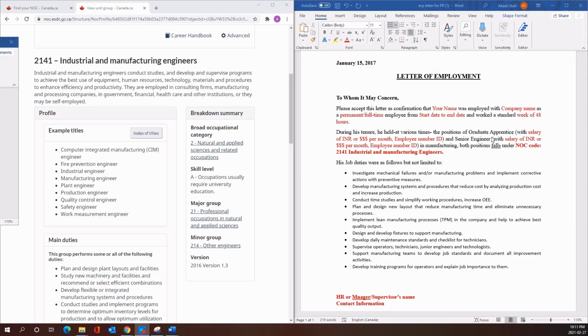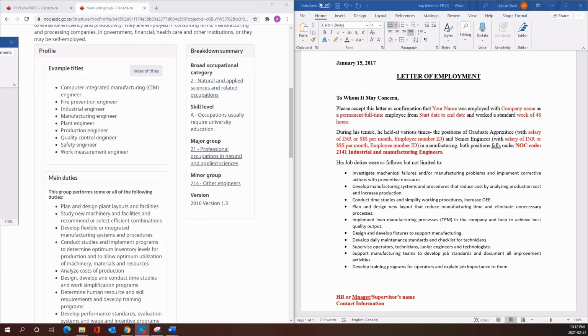Here the information in red color is necessary, such as your name, company name, your job title, start date and end date if you are not working with that employer, weekly average working hours, then whether your job is part-time or full-time. Sometimes they do not write the NOC code, so in that situation your job title and job duties should match exactly. So do not worry if they don't write the NOC code on the letter. Now job duties must match 75% or more, but the wording can be different than what is showing on the website.